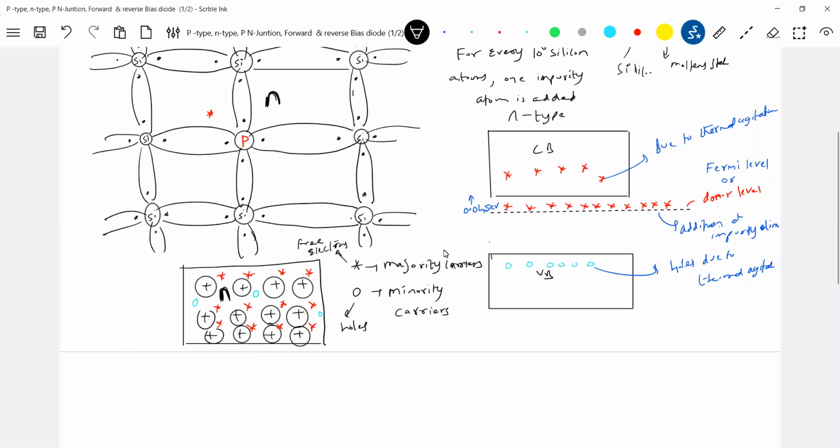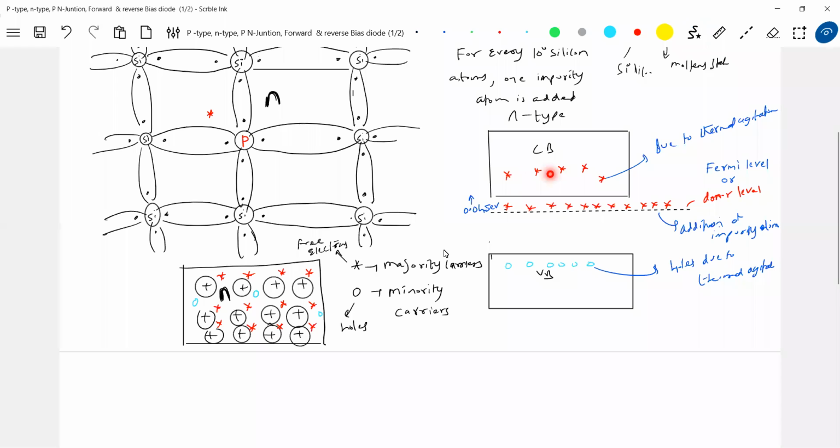Now, what is the net charge of this? Please look at all the diagrams available and check it. What should be the net charge? For N-type, shall I say negatively charged or no? Corresponding to this blue color, how many blue circles are there? Corresponding to that, six I'm showing. And what are these electrons? They have come due to the addition of one impurity atom. So however many free electrons there are, that many donor ions will be there. So what is the net charge of an N-type semiconductor? It will be 0.